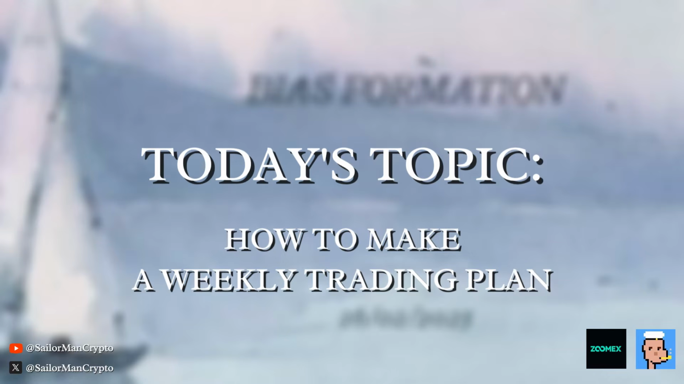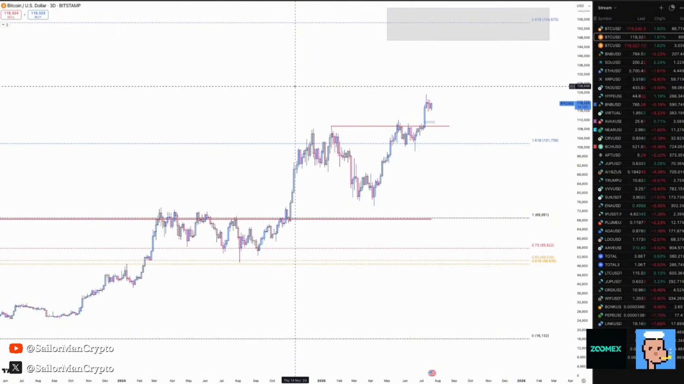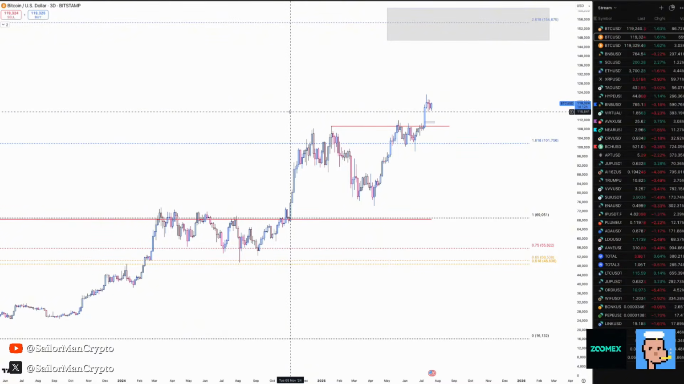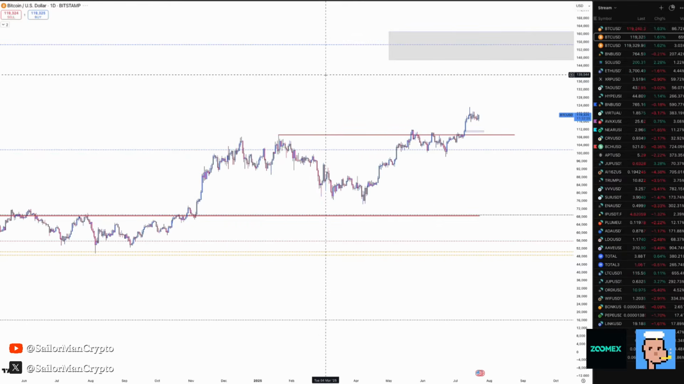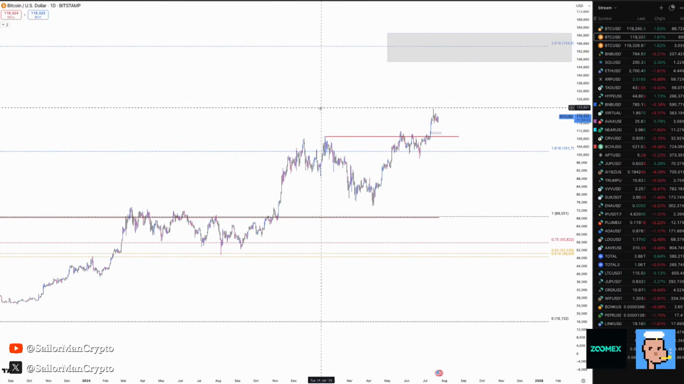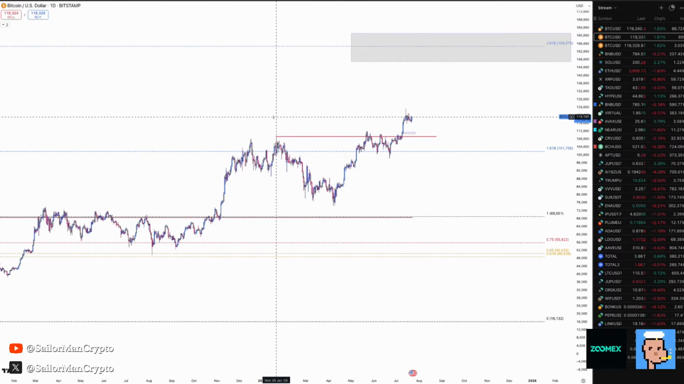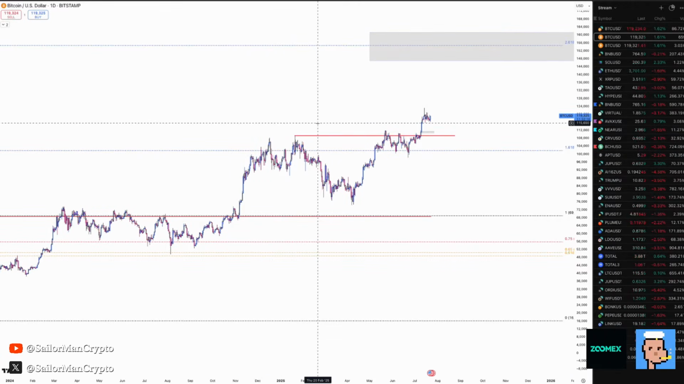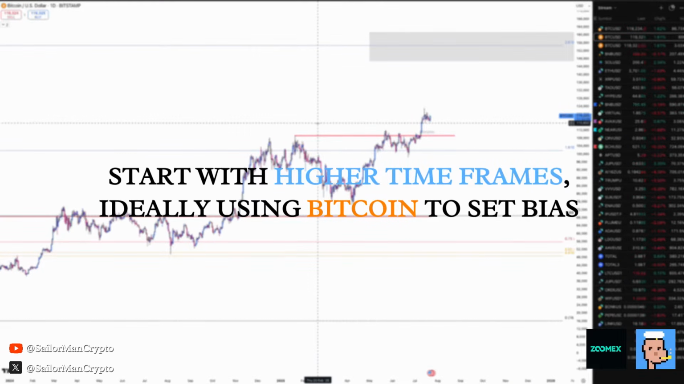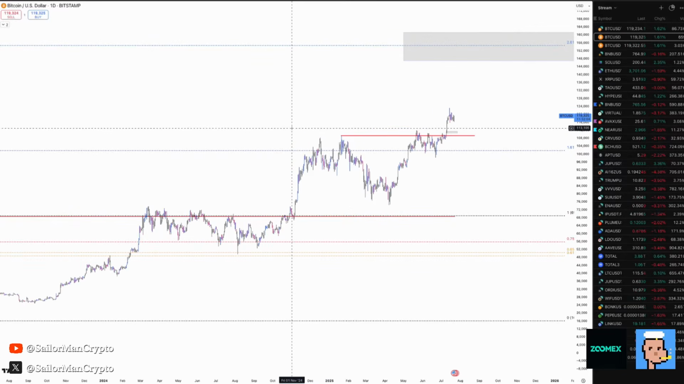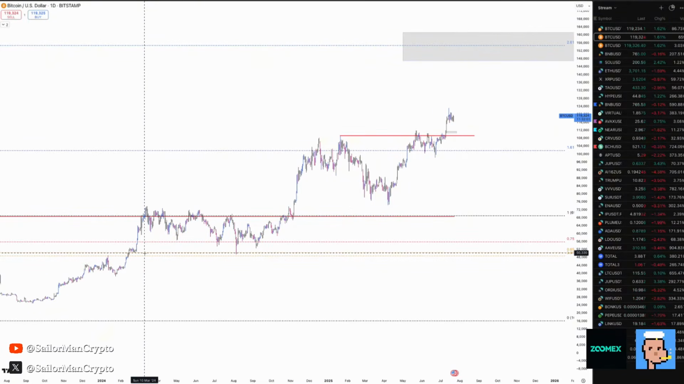But without further ado, let's move to some charts and try to go through the reasoning on how to make a weekly plan. So the first thing you need to develop a plan is to try to form some bias. And usually the best way to form a bias is to use high time frame market structure or support or resistance levels. And to form a bias, generally in the crypto market, we always start from the alpha asset, that is Bitcoin. So there are plenty of ways to form a bias, but to make it straightforward, you have to